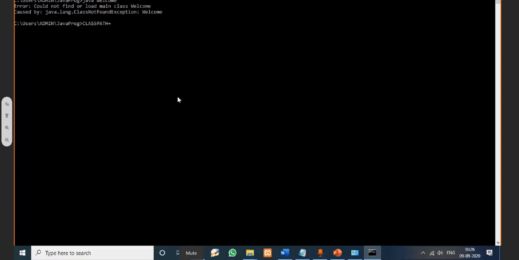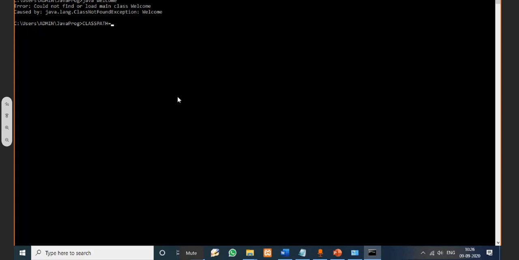Just by using java followed by Welcome, it will look at the current working directory. If it is not available, then it will look into the classpath variable path. Within that path, it will check whether that class file is available. If it is available, it will start execution.